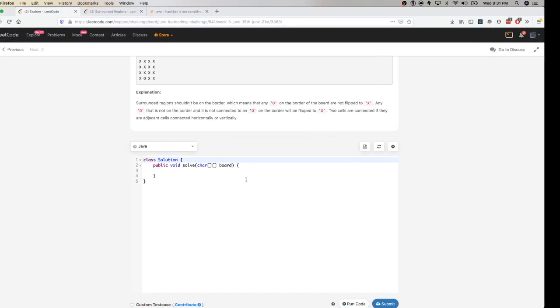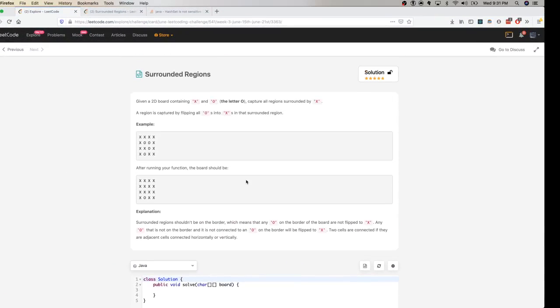Alright guys, in today's video let's talk about today's LeetCode challenge, Surrounded Regions. So this is a grid problem. It specifies us to convert all the O's to X's unless that O and its adjacent children are in the boundaries. So for example, in the given example here, these three O's, like these two and this one,